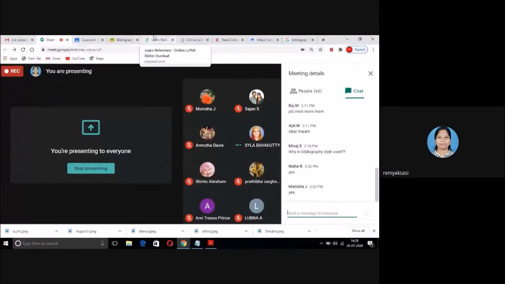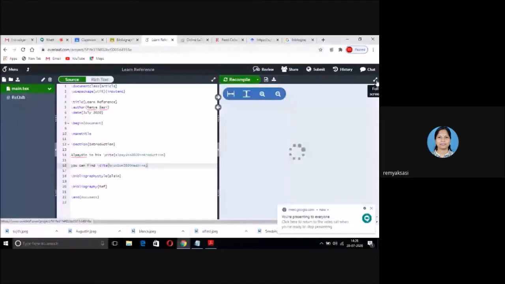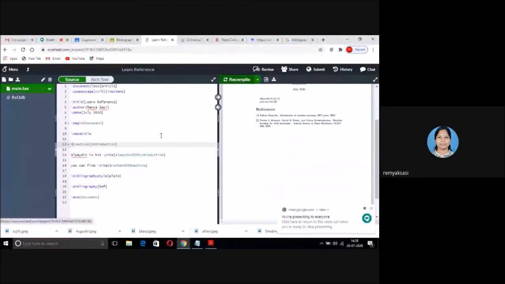If you want to comment certain text, see, if I want to comment a section, I can use the simple percentage symbol. See, now the section is not coming. Percentage can be used, and you can comment a sequence of lines using Control T.